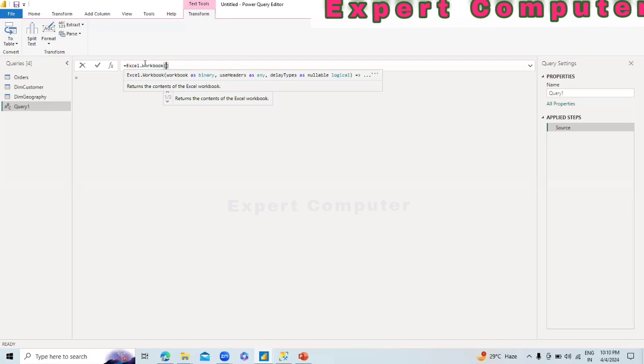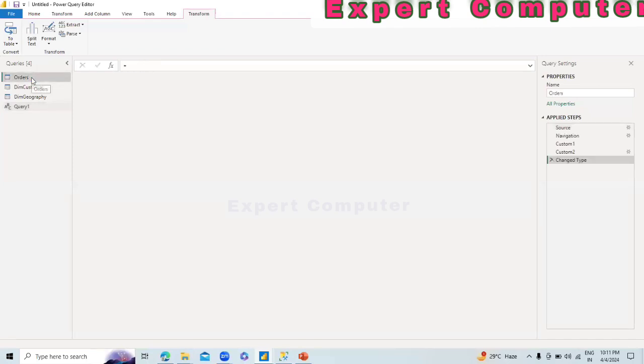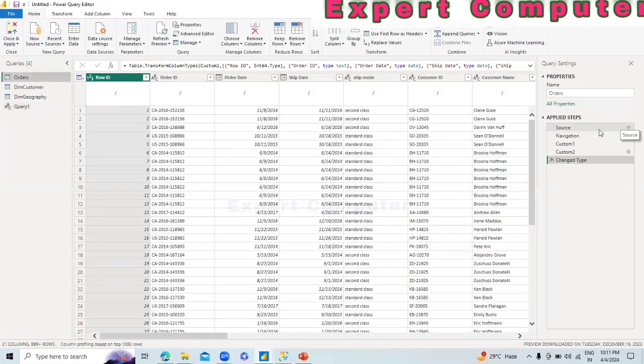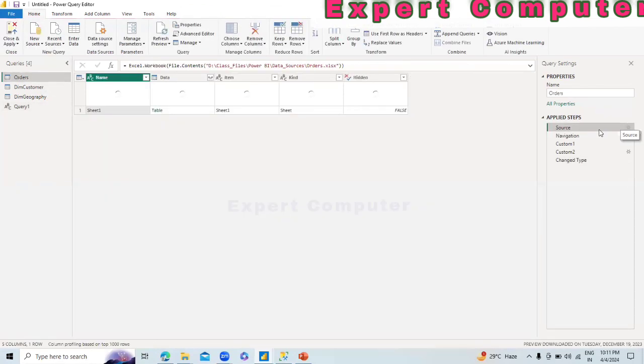जैसे हमने यहाँ पे Excel.Workbook डाला, workbook as binary, right? Then use header as any, data type as nullable. I'll just copy this instead here. Its first line है, I'll just copy this from here. So in this way, what I will do here, I'll just pick first the Excel.Workbook, and then here